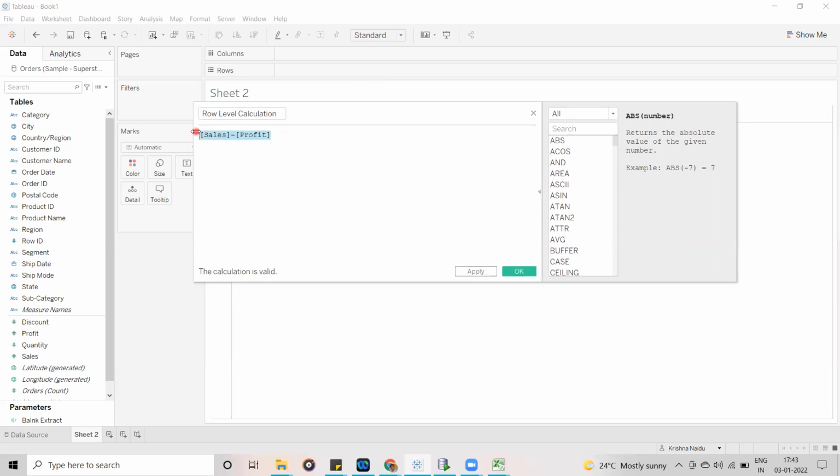So in a simple way, how do we calculate a ratio? I want to calculate the ratio of sales and profit, so I am going to do sales divided by profit. Now it is going to give the ratio.